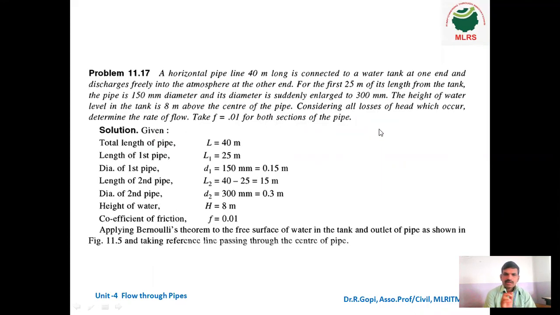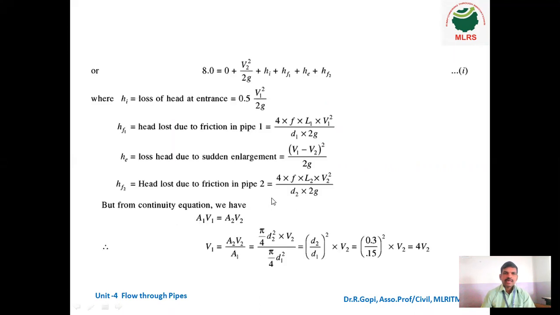In this kind of problem, they won't give a diagram. They will give only a sentence-form question. Based on this question, you have to draw the diagram first, and see what data are given and what they are asking. Then you can easily apply Bernoulli's equation and find what losses will come. Suppose in some other problem sudden contraction is there, you have to apply the sudden contraction formula. If some obstruction is there, you have to apply the loss of head due to obstruction formula. So it is based on the problem only.